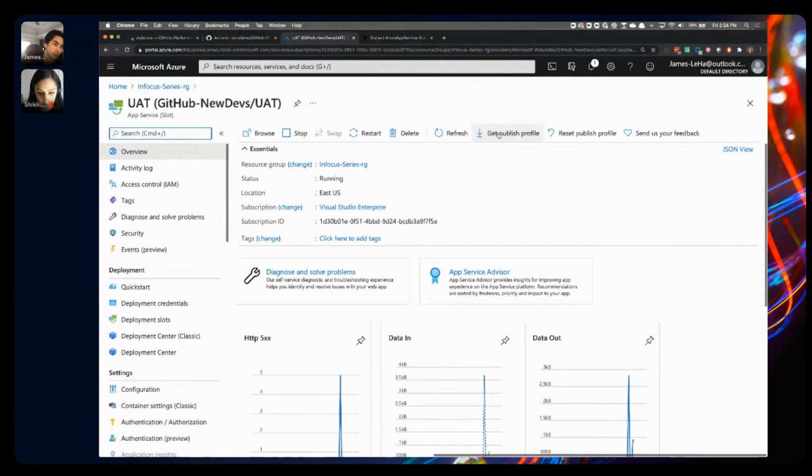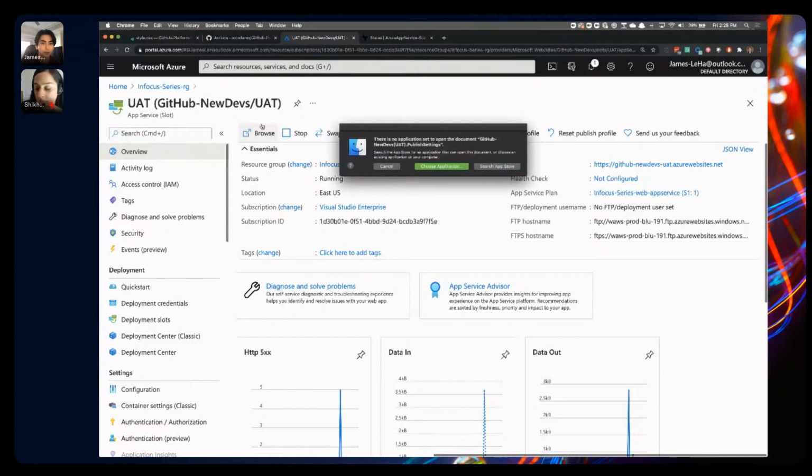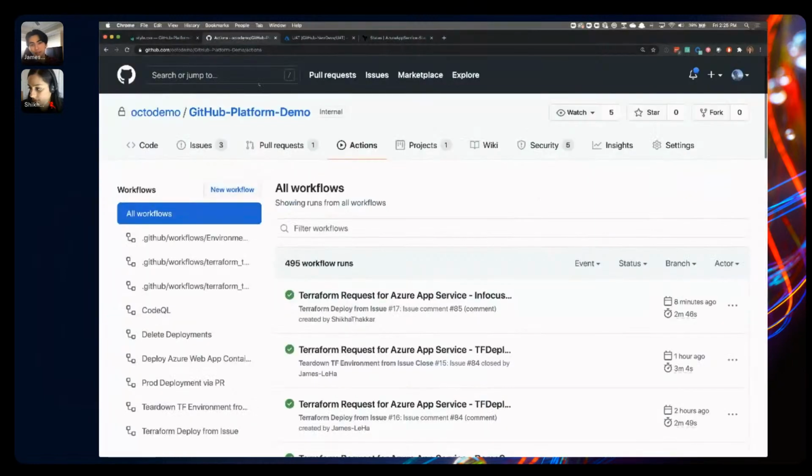So something we need in order to actually deploy to our UAT and to our staging environment is going to be our publish profile. So at a high level, in Azure Web Apps, you're able to have this concept of a publish profile. It's basically just a credential entry that you can use with GitHub Actions or other services, or API calls, and actually send your workload, your containerized image, up here and have it published into your app service. So I'm actually going to go ahead and get this publish profile. It's going to open up for me. So I'm going to grab this key, and then we're actually going to update this for our UAT GitHub secret